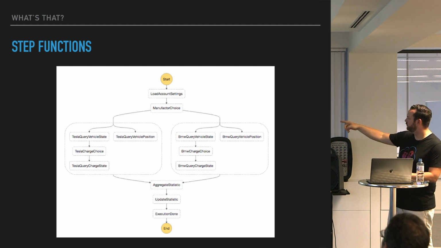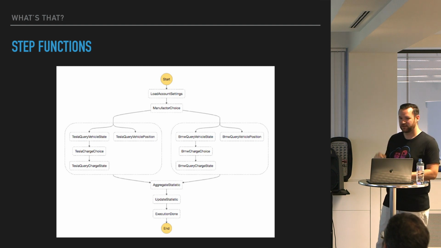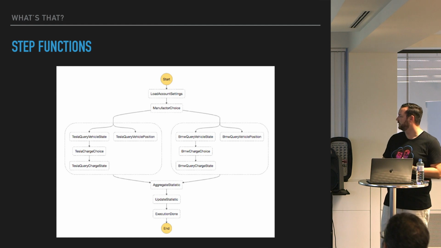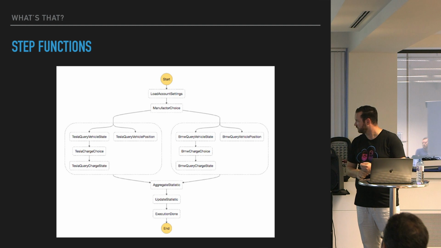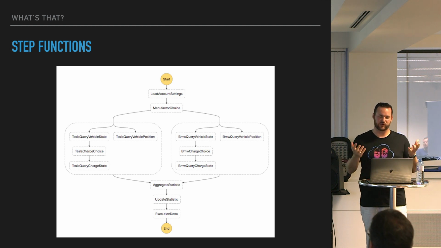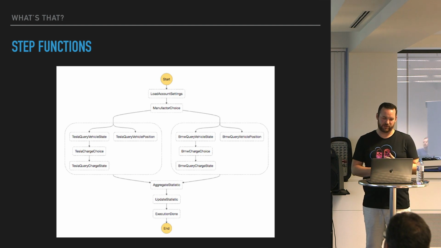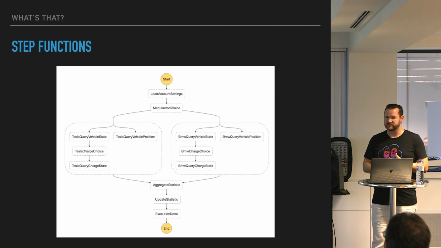As you can see, I have two parallel steps depending on which manufacturer is used. In this case, Tesla, or for example BMW. I use different Lambda functions for accessing remote data, and I can perform parallel tasks, so I don't have to wait for a task to be completed. I can start another one in parallel, and if all of those tasks finish successfully, I can aggregate the statistics, update those, and the execution is done.